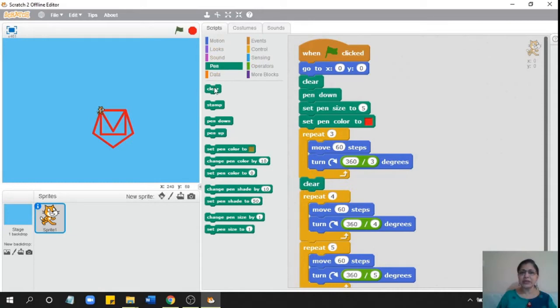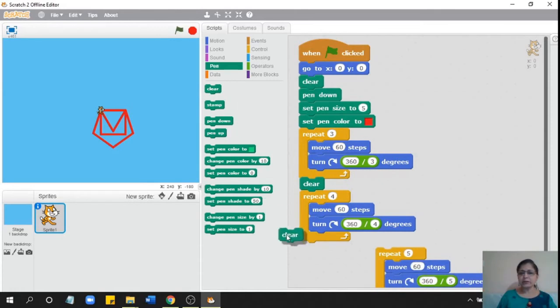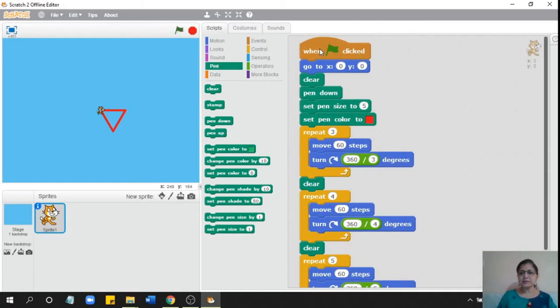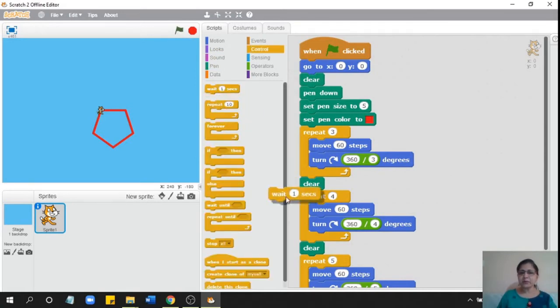Otherwise it will clear too quickly. I'll give one more clear here, and you see if I don't give a wait, it clears too fast. So what I will do is make it wait for 1 second.